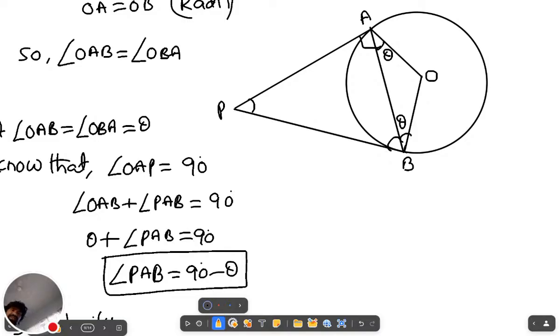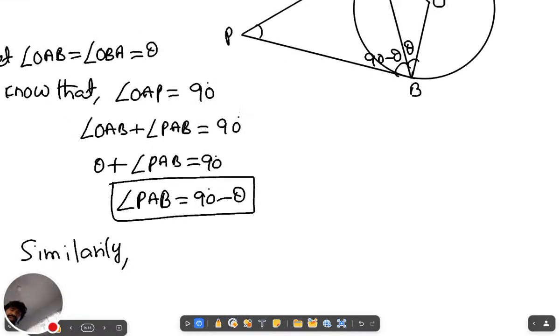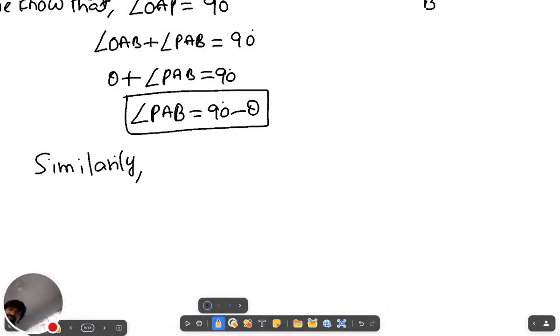Similarly, as we got this part 90 minus theta, we will get this part, angle PBA, is also 90 minus theta. So angle PBA will be equal to 90 minus theta. Okay. Now in triangle APB,